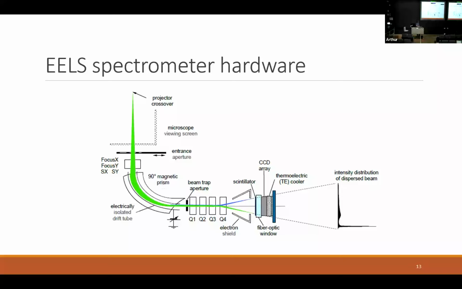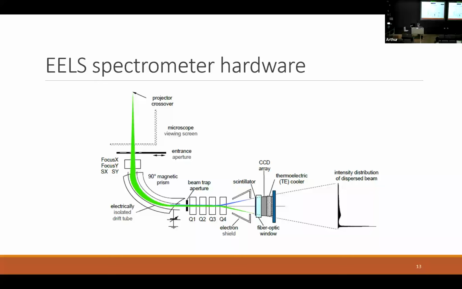Before that, we are going to just look and see how we achieve that. So TEMs are big tools, we showed pictures of them before. Right at the bottom, there's a viewing screen. If you've ever seen a TEM and looked at it, this goes up green when we're using it. If we flip that out of the way, and we bolt on a spectrometer, what we can do is we can focus the beam into a drift tube.